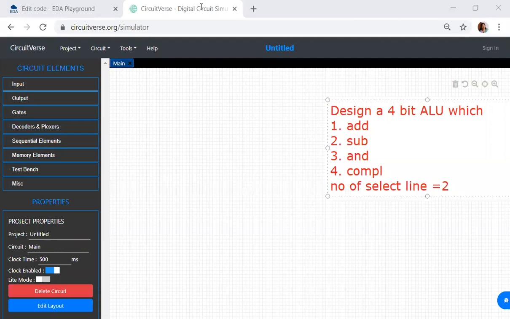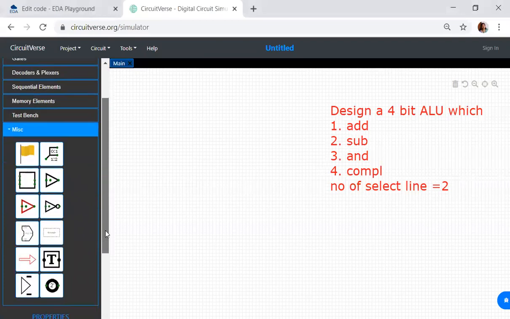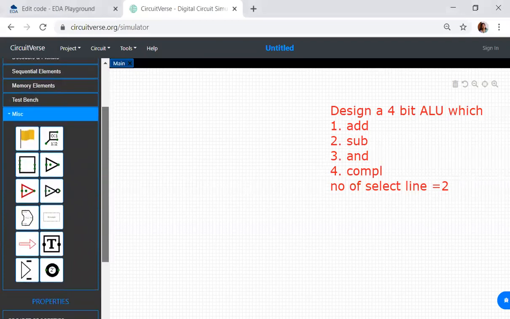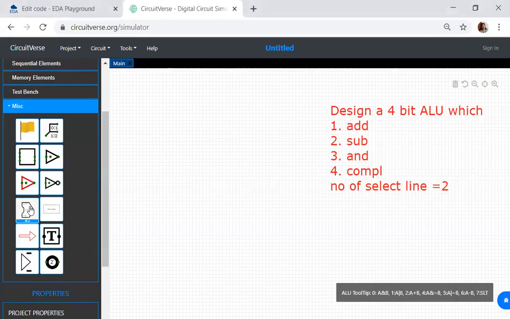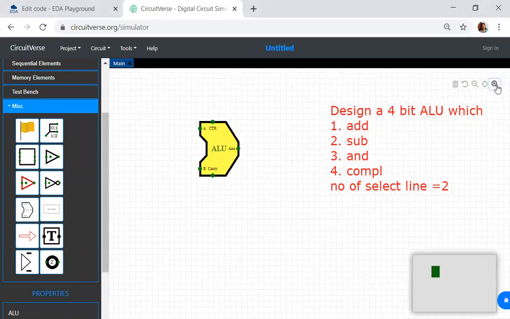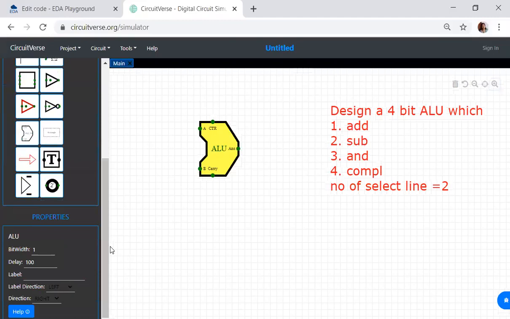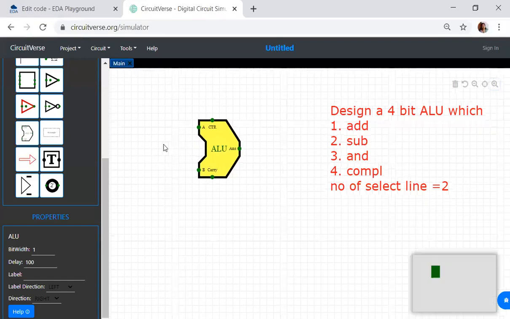So how will the ALU look? I'll just show a sample ALU. So this is how an ALU looks. If you can see, it has A, B, control signals and the solution. So what is your input? What is your output? If you're taking an adder, we'll get a carry output. We should also give a carry input and we'll have the solution. So this is an ALU as of now.